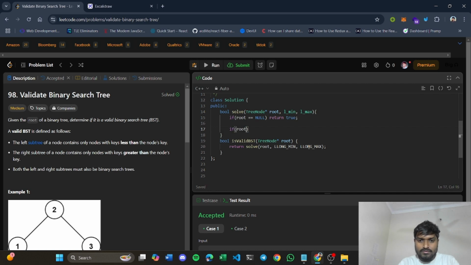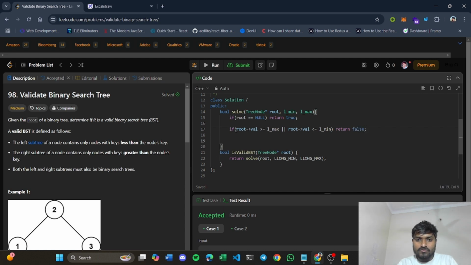Otherwise, if your root value is greater than or equal to long max, or your root value is less than or equal to long min, what you will return is basically false here.